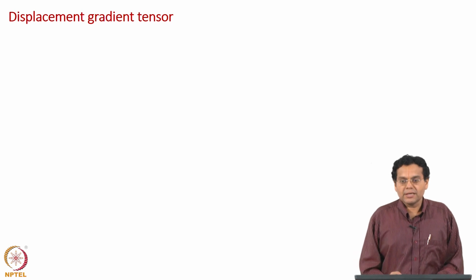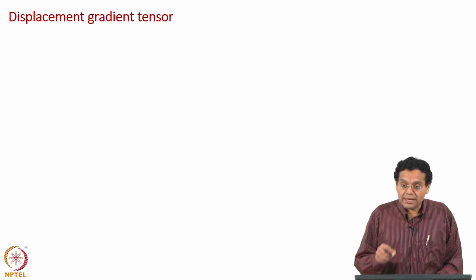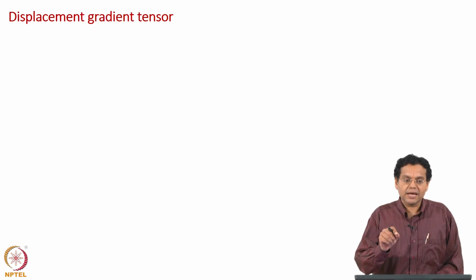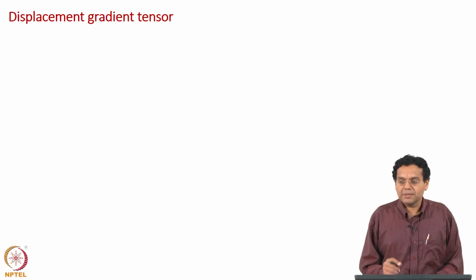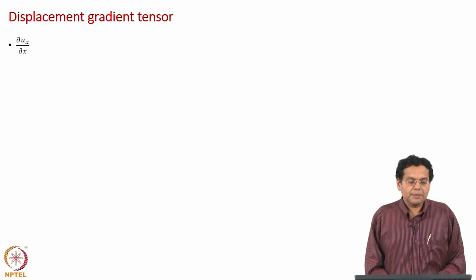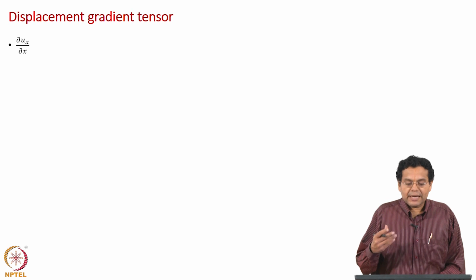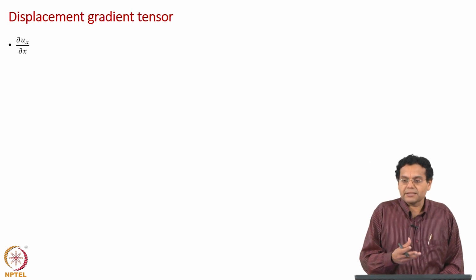Any physical quantity which requires 2 directions to describe is a tensor. So, we have introduced, in fact very gradually, a displacement gradient tensor. Initially, because it was 1D, it looked like a partial derivative for you, dou ux by dou x. Remember, earlier slides had delta ux and delta x, but they can vary locally, so we should write in terms of partial derivative.